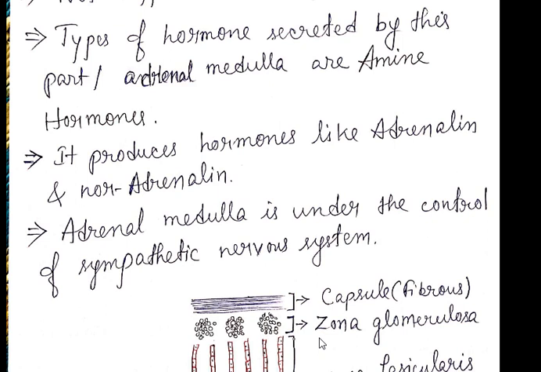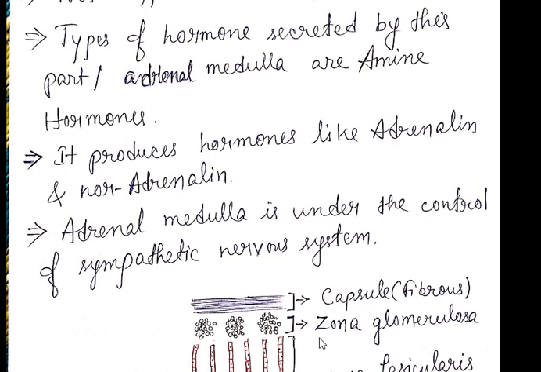Till now, we are discussing the adrenal gland, right? In that we have discussed the different parts of the adrenal gland. The outer part is called the adrenal cortex. The inner part is called the adrenal medulla. If we take a section and see the adrenal cortex under the microscope, we can see that all the different zones of the cortex and the medulla are clearly visible, right? So we'll discuss that in detail now.